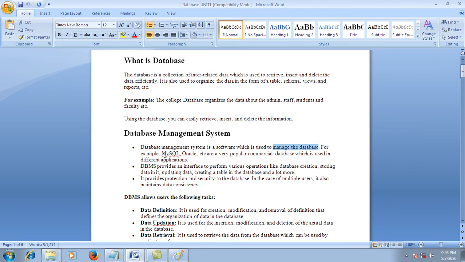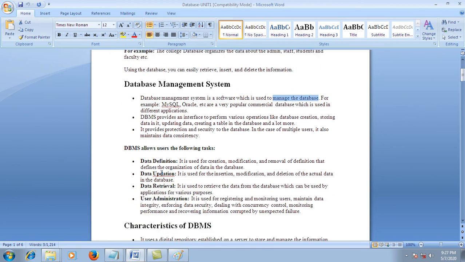For example, MySQL and Oracle are popular commercial databases which are used in different applications. DBMS provides an interface to perform various database operations: storing data, updating data, data definition, data retrieval, and also user administration, means creating users, revoking users, security, dealing with concurrency control,